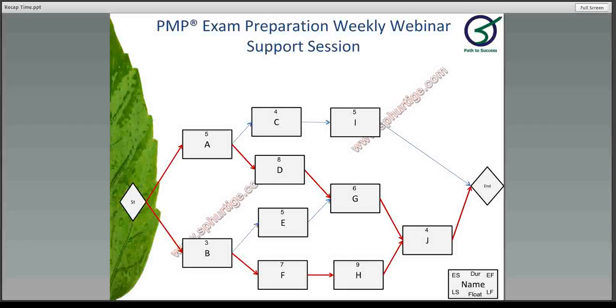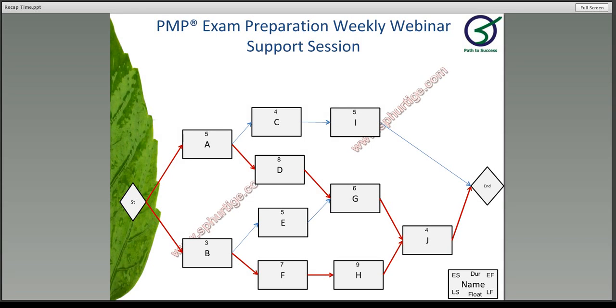In this session, we are going to talk about the early start, early finish, late start and late finish, along with the float calculations. Basically, we are going to discuss the forward pass and the backward pass in a given network diagram. So this is a typical network diagram that I have depicted over here, where you have the name of the activity in the middle and duration is represented on the middle top portion of the box or